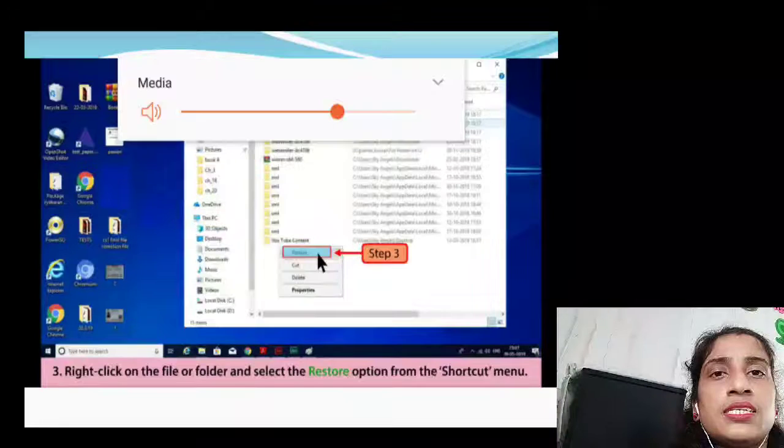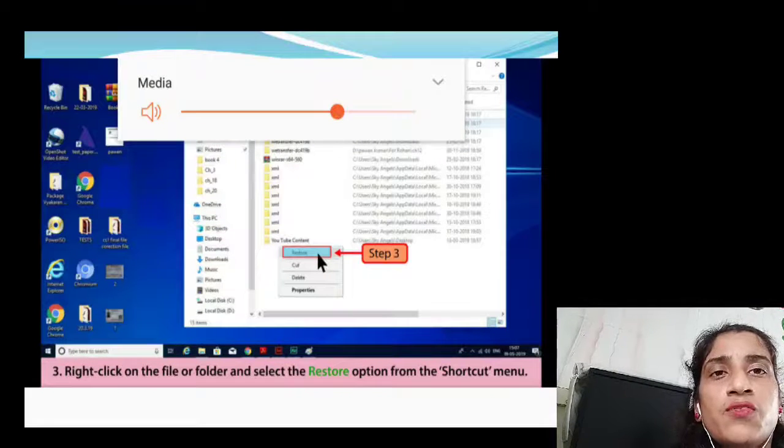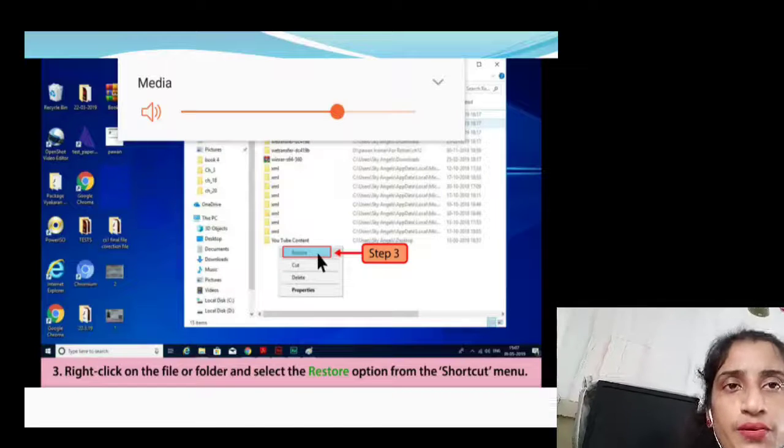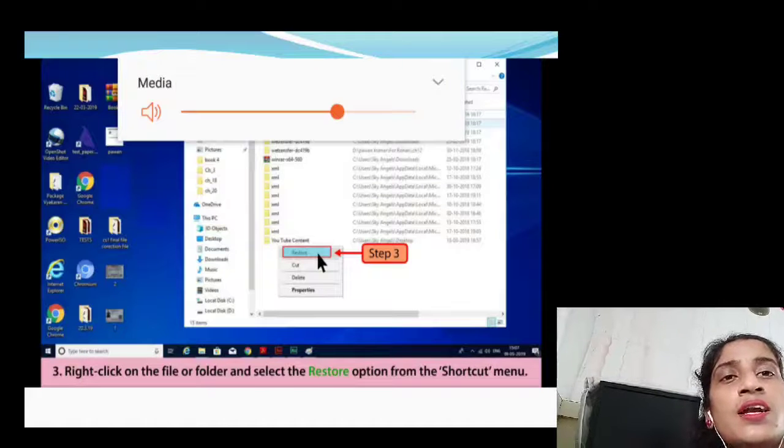And next is right click on the file or folder and select the restore option from the shortcut menu. Okay, third step, right click on the file or folder and select the restore option from the shortcut menu.